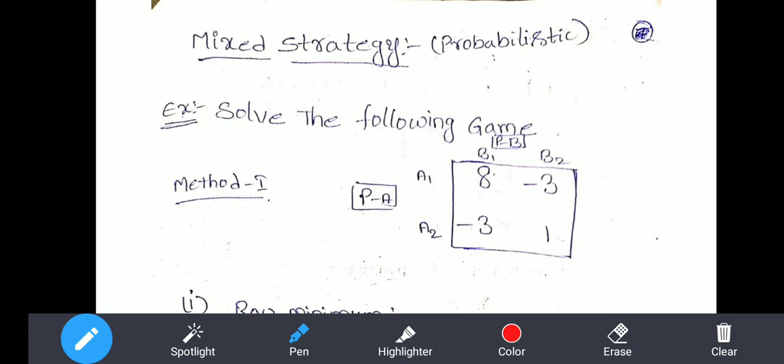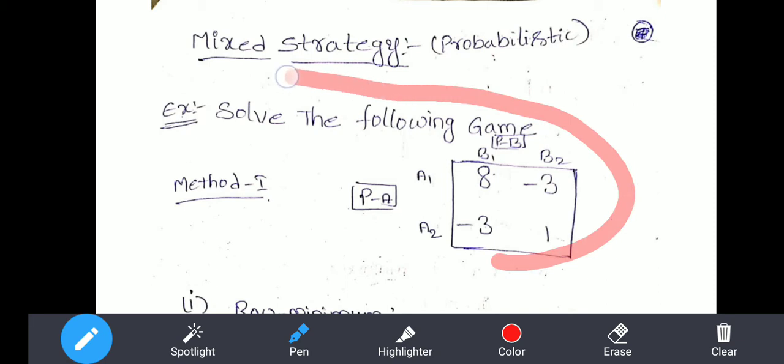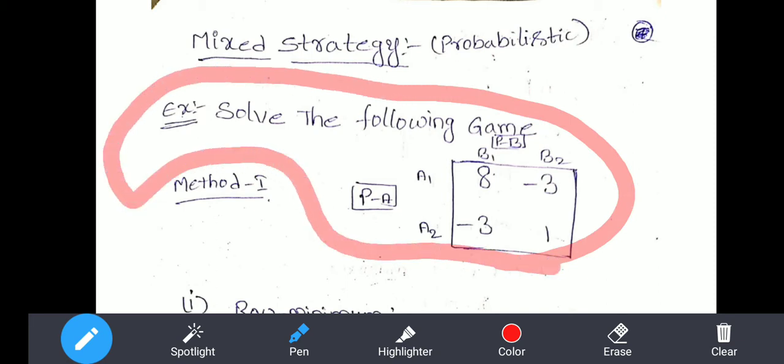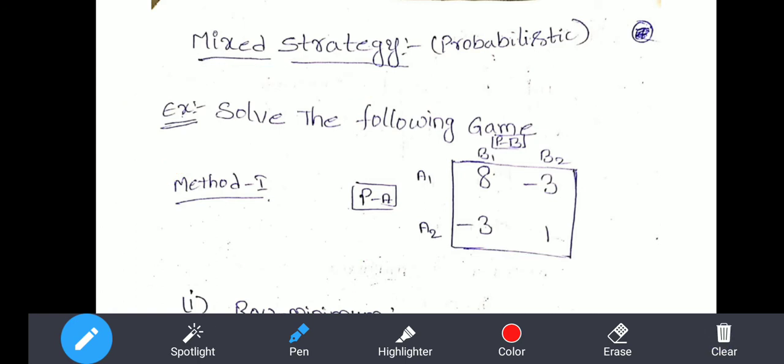So the first step in this method: first we'll try to go for finding the saddle point. If the saddle point is not obtained, then we'll go for applying the mixed strategy concept. That means finding the oddments, after that finding the probabilities, after that finding the value of the game. So here the example will be given, a payoff matrix will be given for us. With this payoff matrix, we'll apply the maximin, minimax principle to find the value of the game. I'll show you in the next slide.